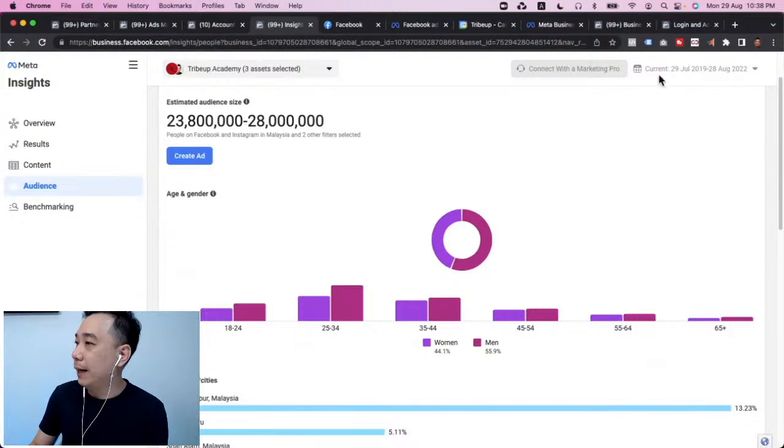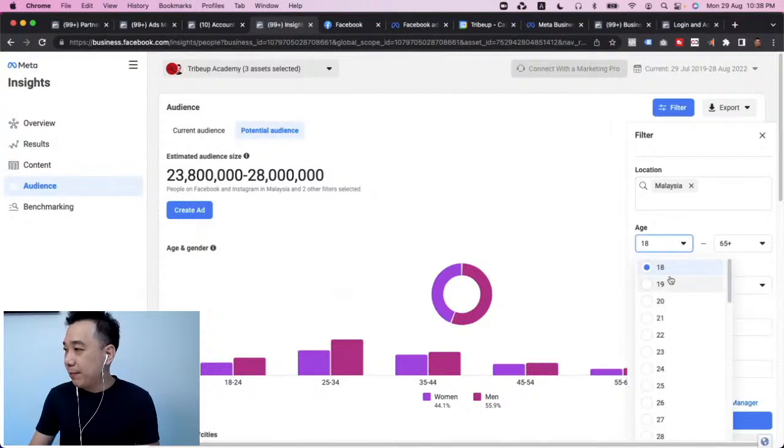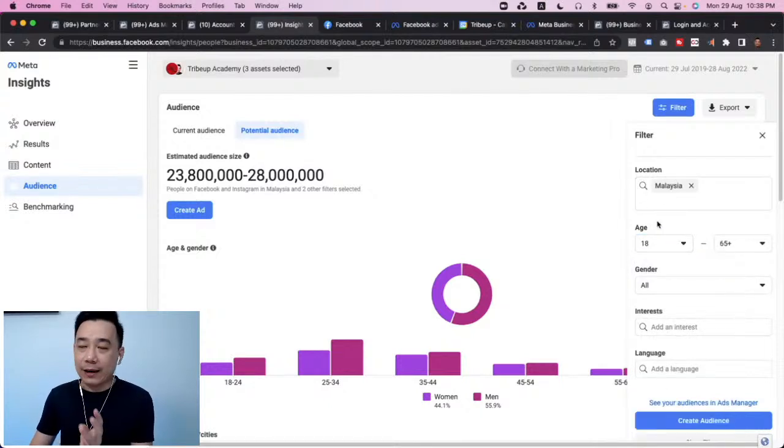So I'm targeting Malaysia. When I type Malaysia, 18 to 65 plus, that's all the audience that I can legally target. It says I have about 28 million Facebook users that I can target.